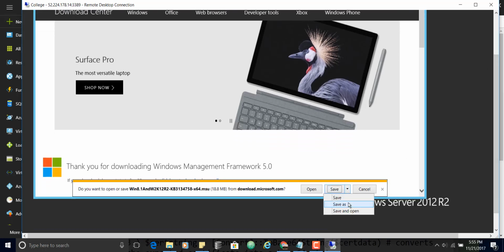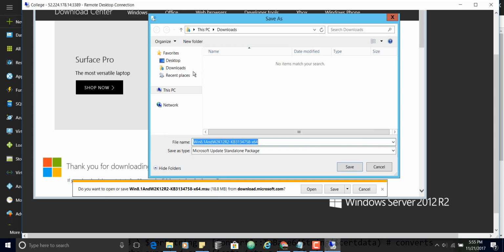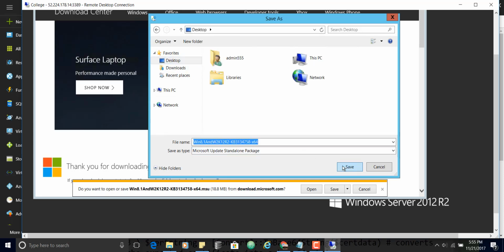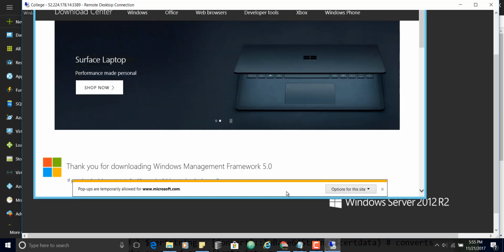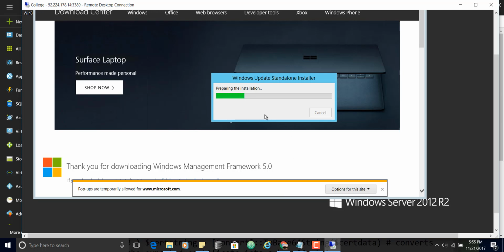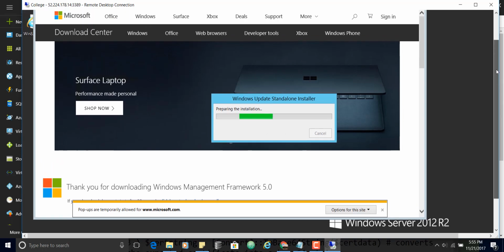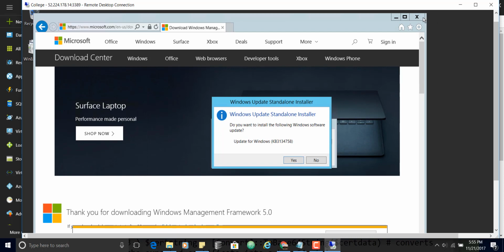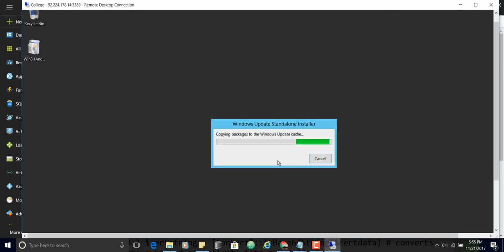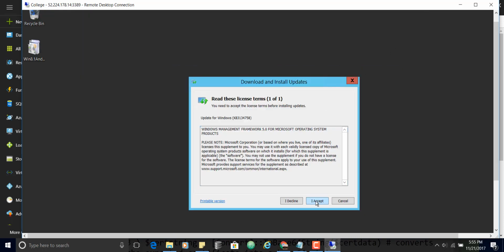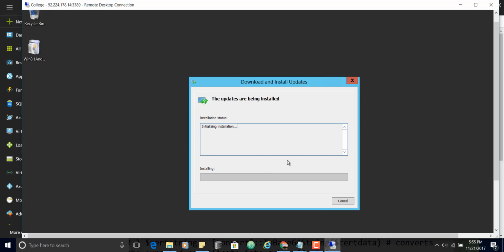I'm going to go ahead and save as. I save it to my desktop, and I'm going to go ahead and run it. Say yes at this point, and it's going to accept and go ahead and download. And once the download is finished, more often than not, you're going to need to restart this machine, and from here on you should be able to